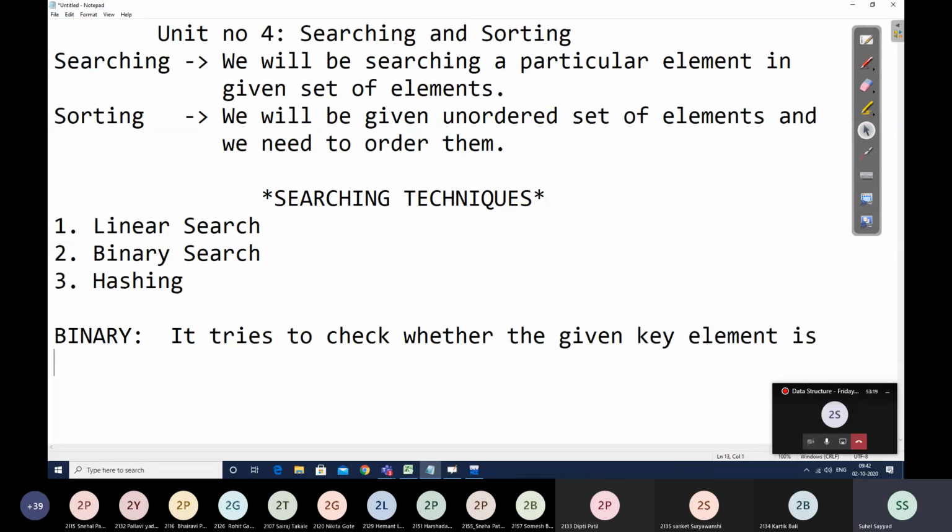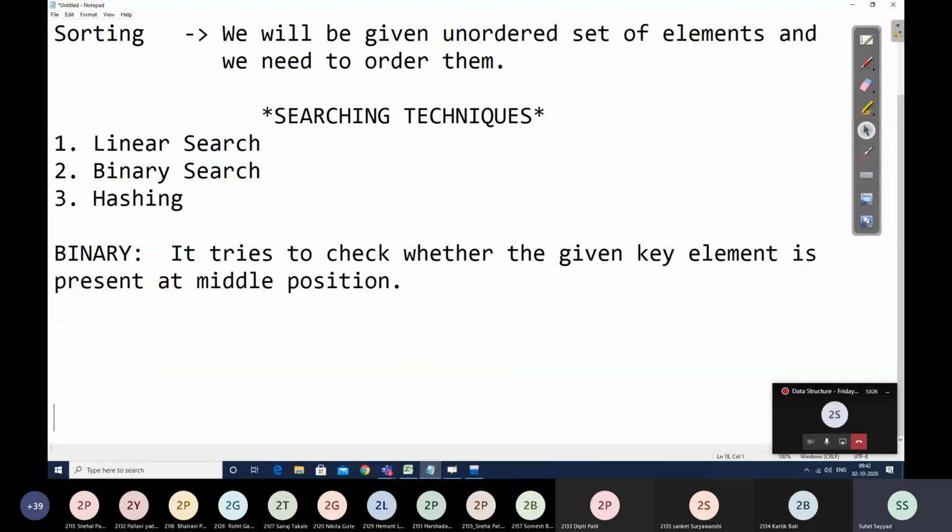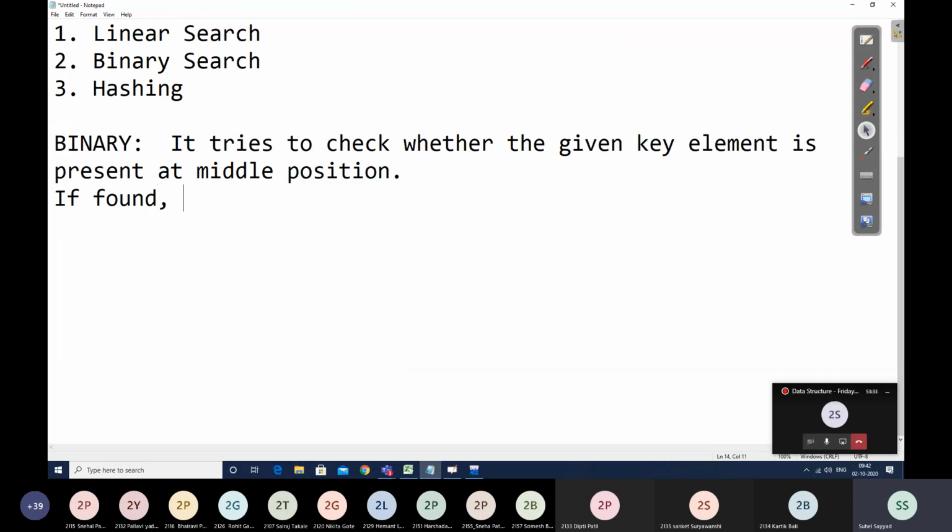I'll write that statement over here. If found, then the search becomes successful.